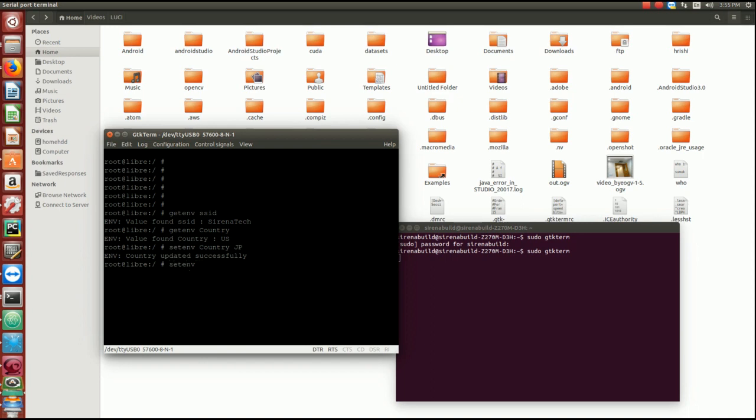Similar to get env SSID, we can set env SSID and then you can put Serena Tech over here, or I can just put my name, and then I can put set env passphrase ABCD1234,